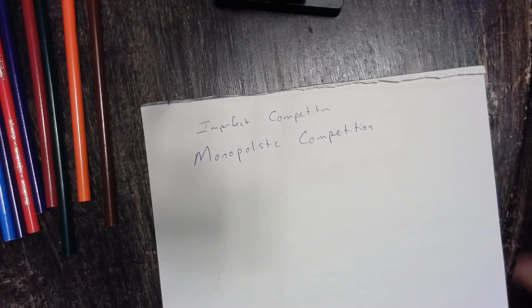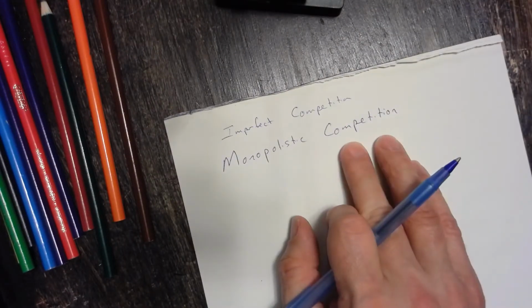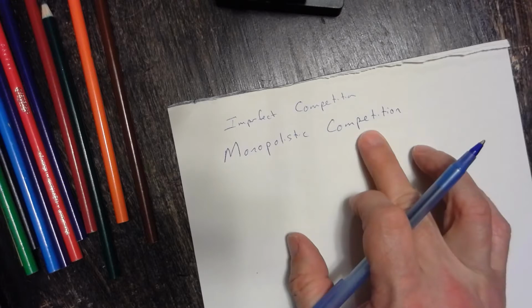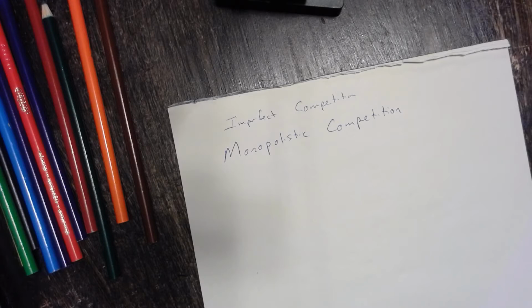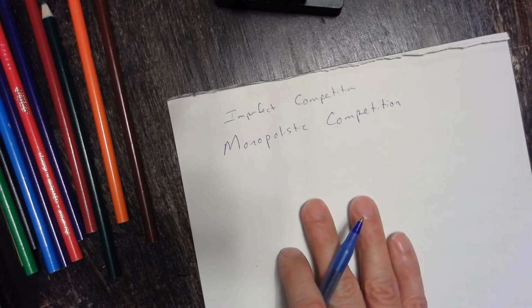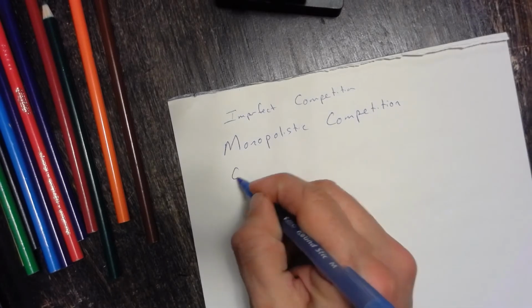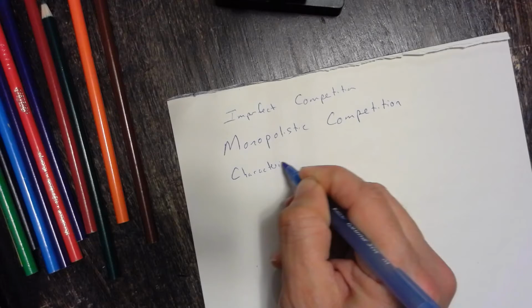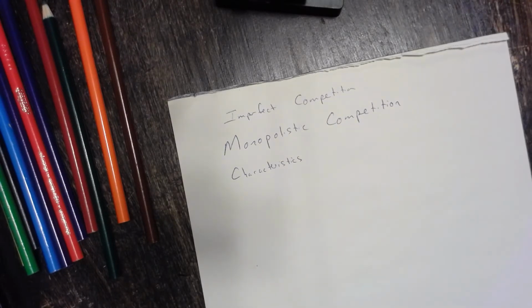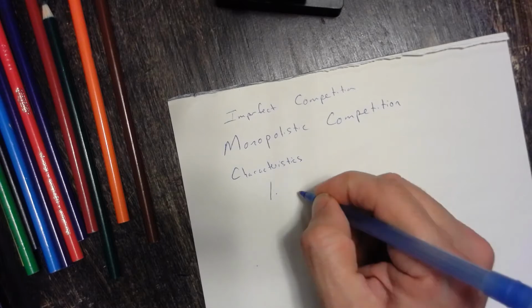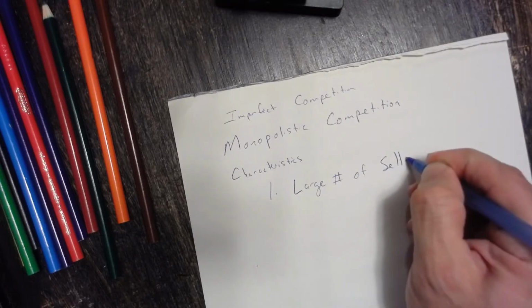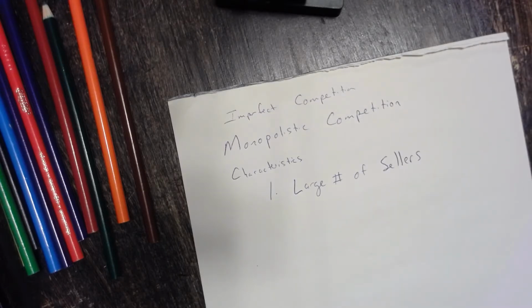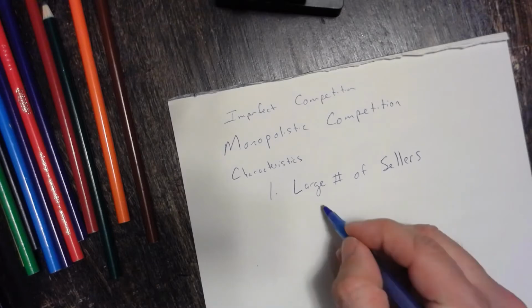Well, monopolistic competition is an oxymoron because when we think of monopoly, there is no competition. And when there's competition, we think of everybody having a lot of different options. Well, let's talk about how monopolistic competition works. First off, we talk about the characteristics of monopolistic competition. First characteristic: there is a large number of sellers. A couple things we want to be sure of is that they have a small